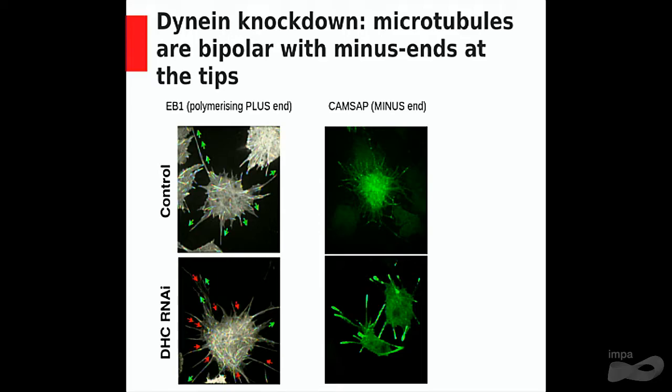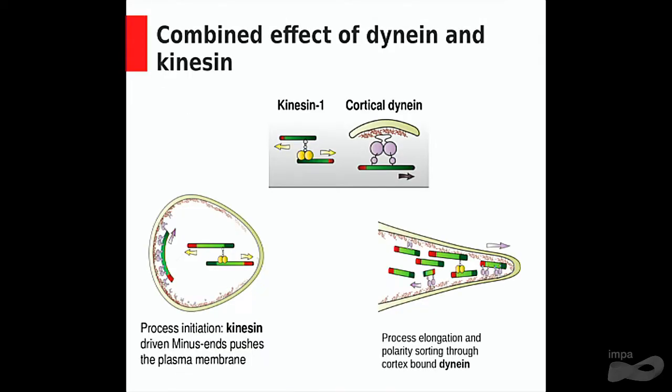And if you look at the minus ends of the microtubules, it turns out that they are mostly at the tips of the processes. So that is consistent with kinesin alone, just pushing microtubules apart, minus end forward. So that is a hypothesis this group formulated in a qualitative way, saying that the processes are initiated through kinesin action, pushing microtubules minus end forward, and that at a later stage, this other motor protein, dynein here, is